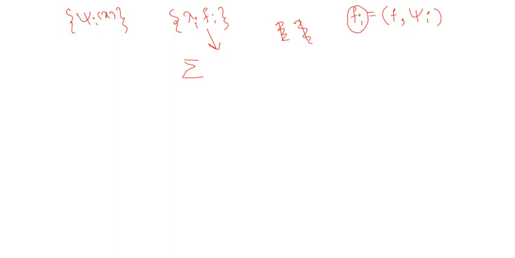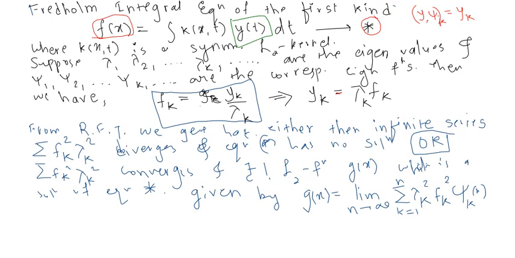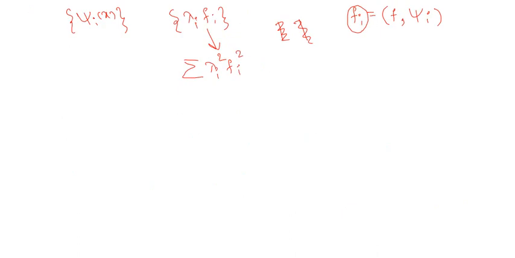So what it will be? Lambda i square fi square. Here I have used the suffix k, no? We'll use that same suffix k. So this is xi k of x, this is lambda k of fk. So here we will have lambda k square fk square, and i going from 1 to infinity.